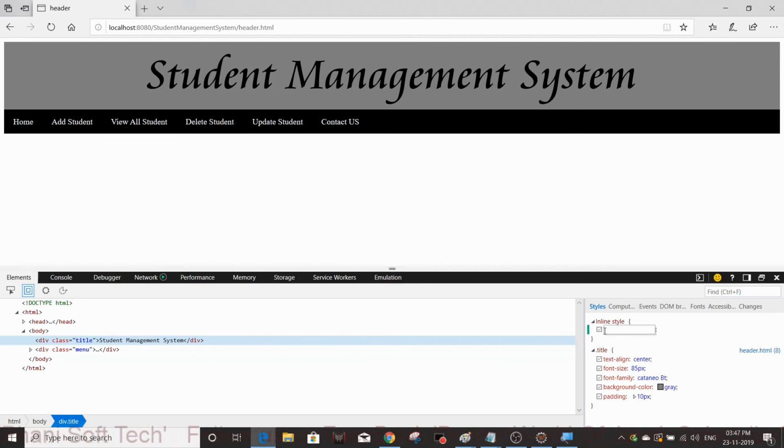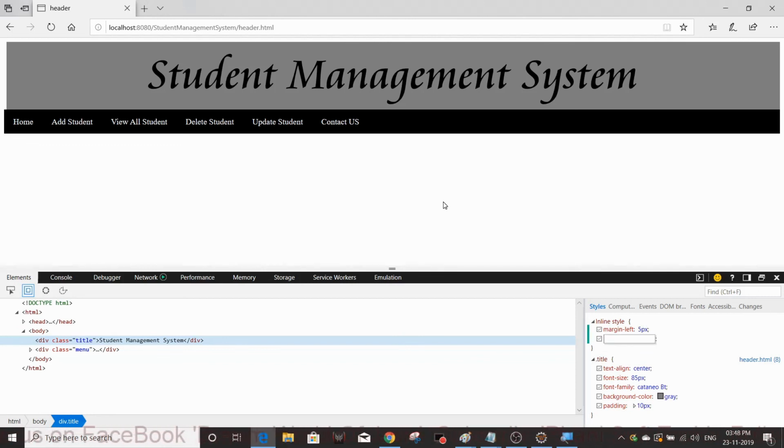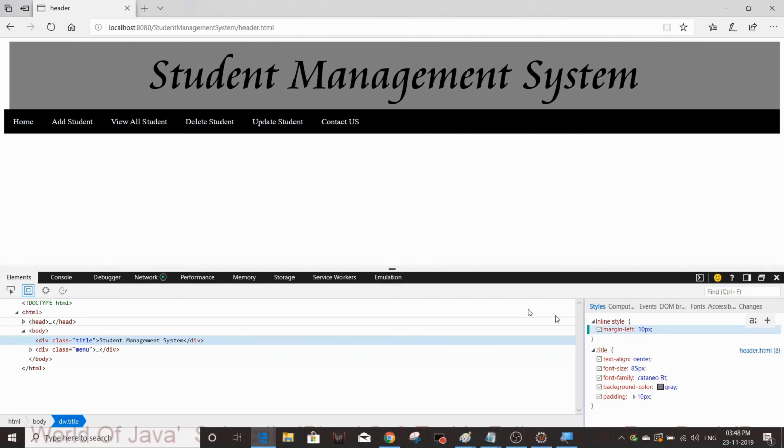You can try here, like margin left, give 5 px. See here, somewhat it is going to increase. Then change 5 to 10. If you put 10 and hit enter, it automatically changes. So I need to reduce, right? That's what I'm going to give.